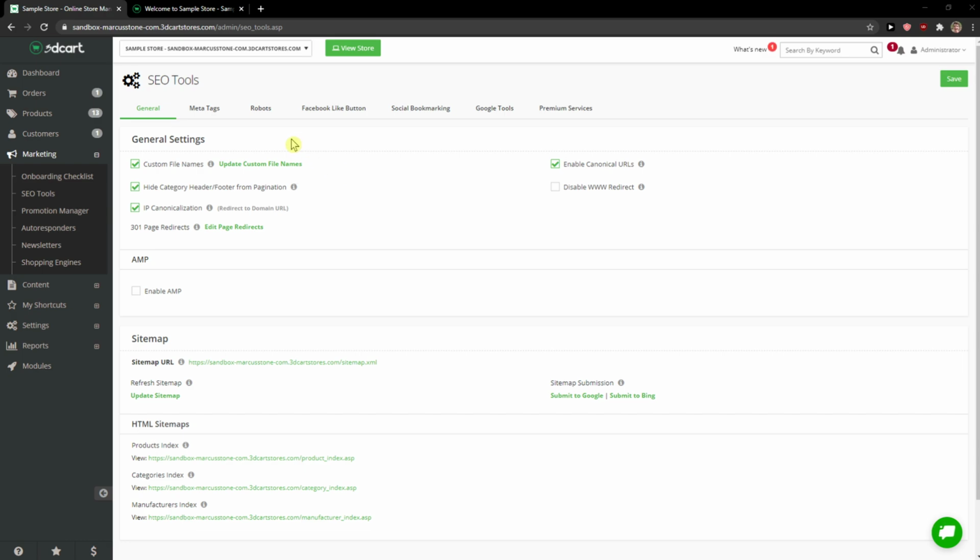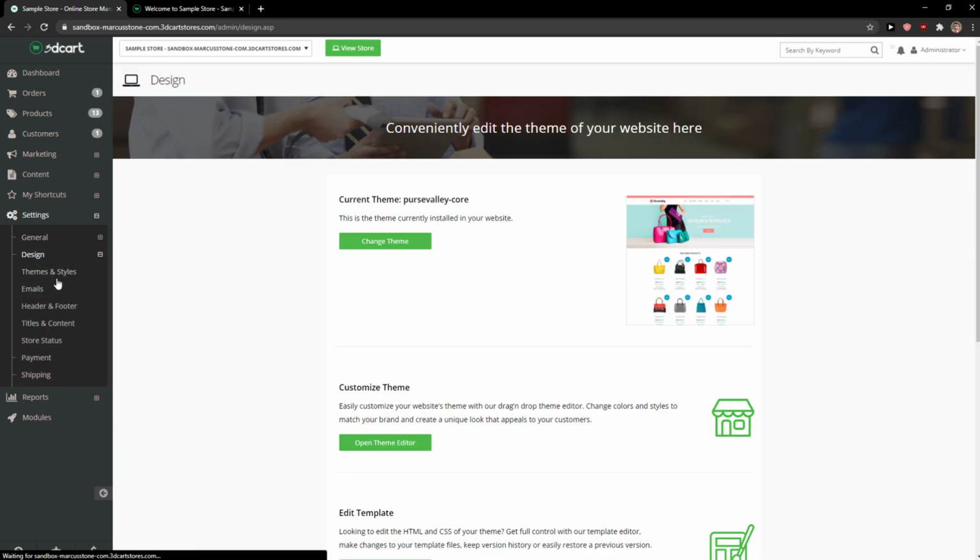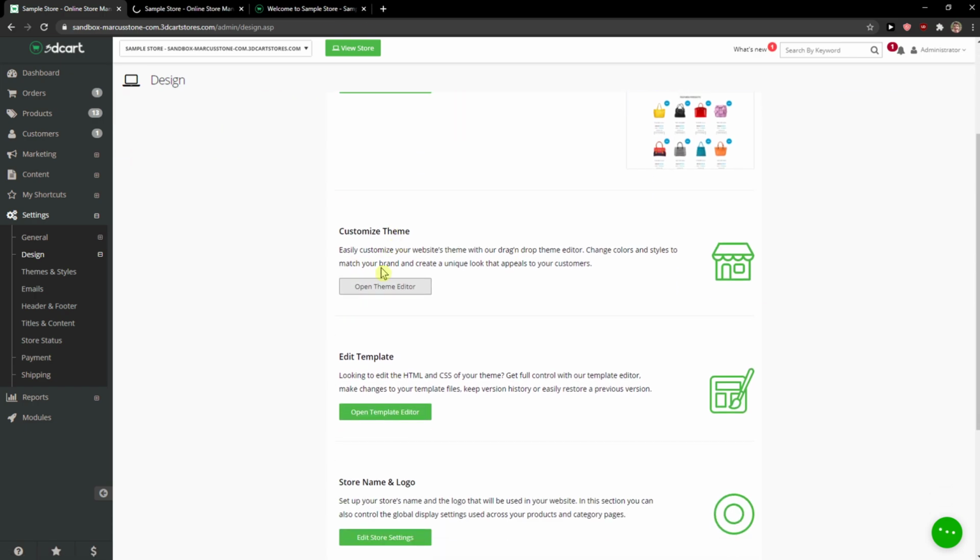So let's start. The first thing you want to do is just be in 3dcart and then click here on settings in dashboard, click design and then click theme and styles. When you're here, you're gonna see change theme. I'll just open the theme editor. You can click